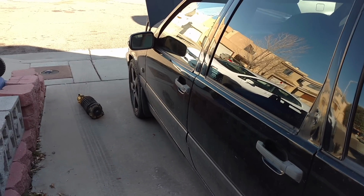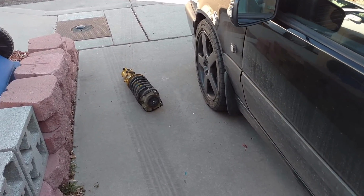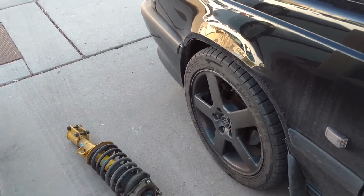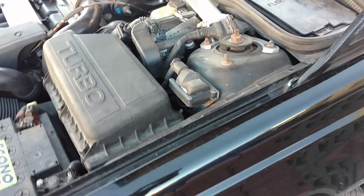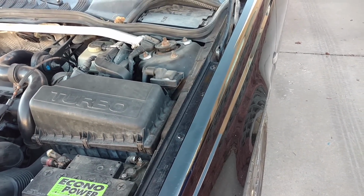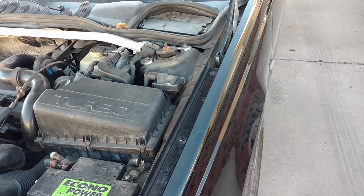In this video, I'm going to replace the front strut assemblies on a P80 Volvo. This will apply to many vehicles, but I'm doing this on my Volvo 850. I'm replacing them because my struts are shot. They're transmitting too much vibration and firmness into the vehicle, even when I drive over minor items, and they have 300,000 miles on them